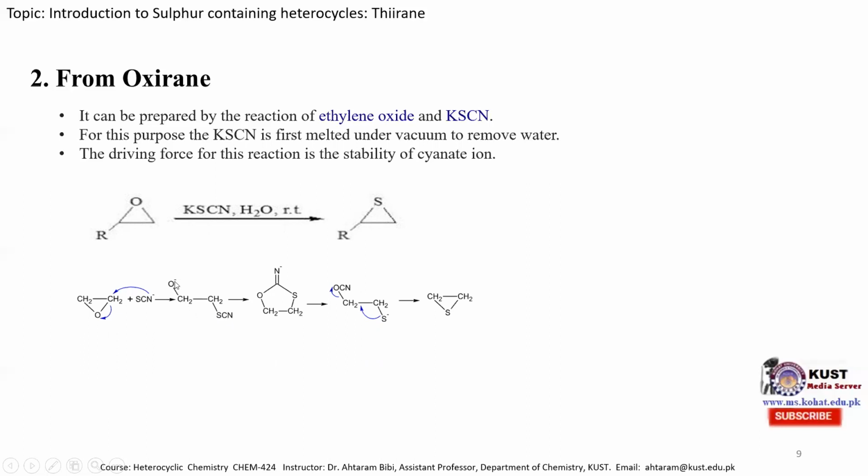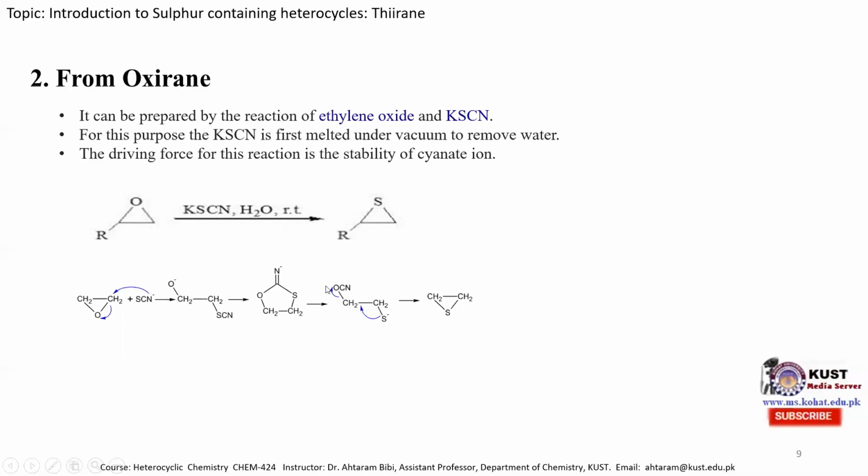So when this oxygen atom attacks this carbon atom, which carries the C triple bond N, one of the pi electrons shifts toward the nitrogen atom, and a 5-membered intermediate is formed with nitrogen carrying negative charge. And then again, when this negative electron comes over here, the bond breaks here, and the sulfur carries the negative charge. So again, the ring opening happens. And then in the last step, this sulfur attacks this carbon atom, releasing the cyanide ion.